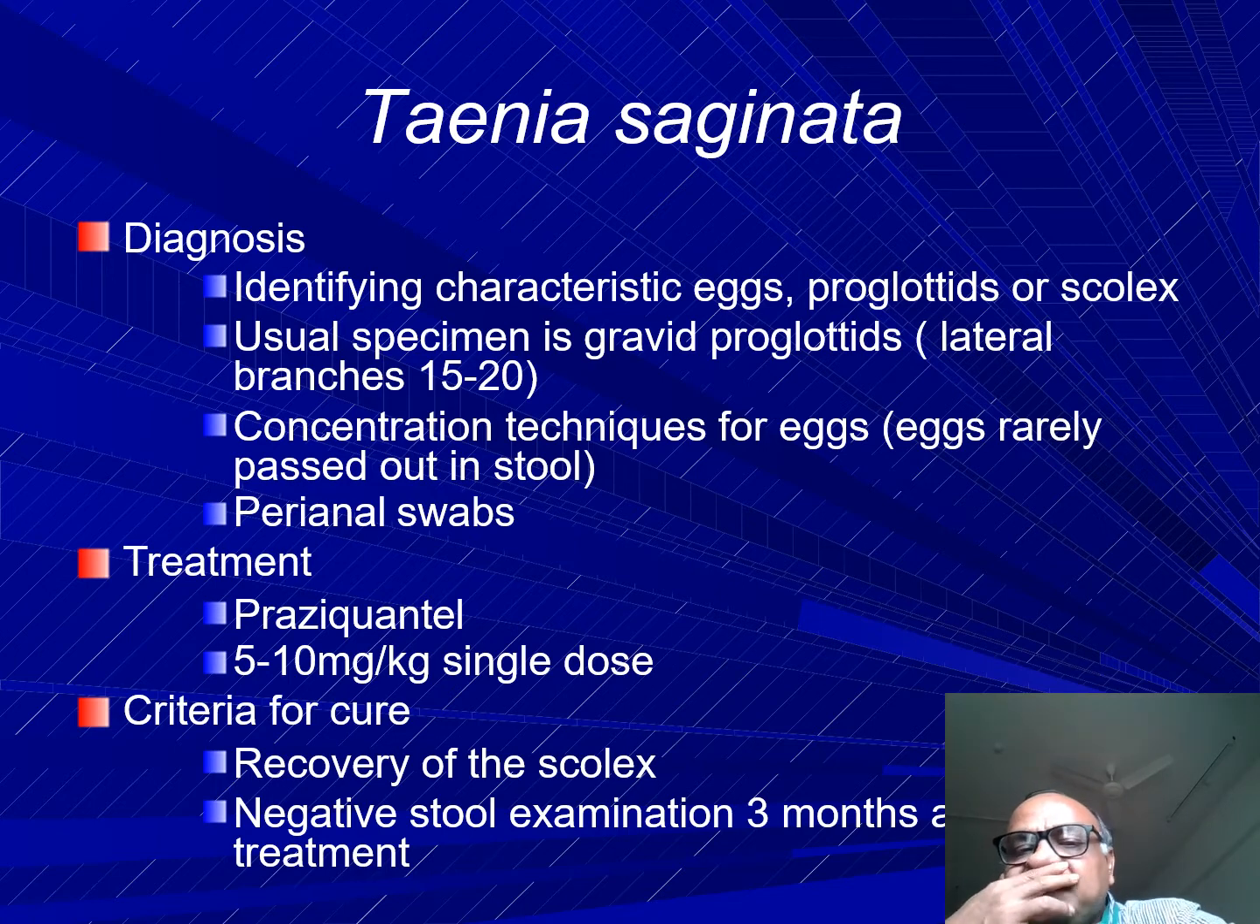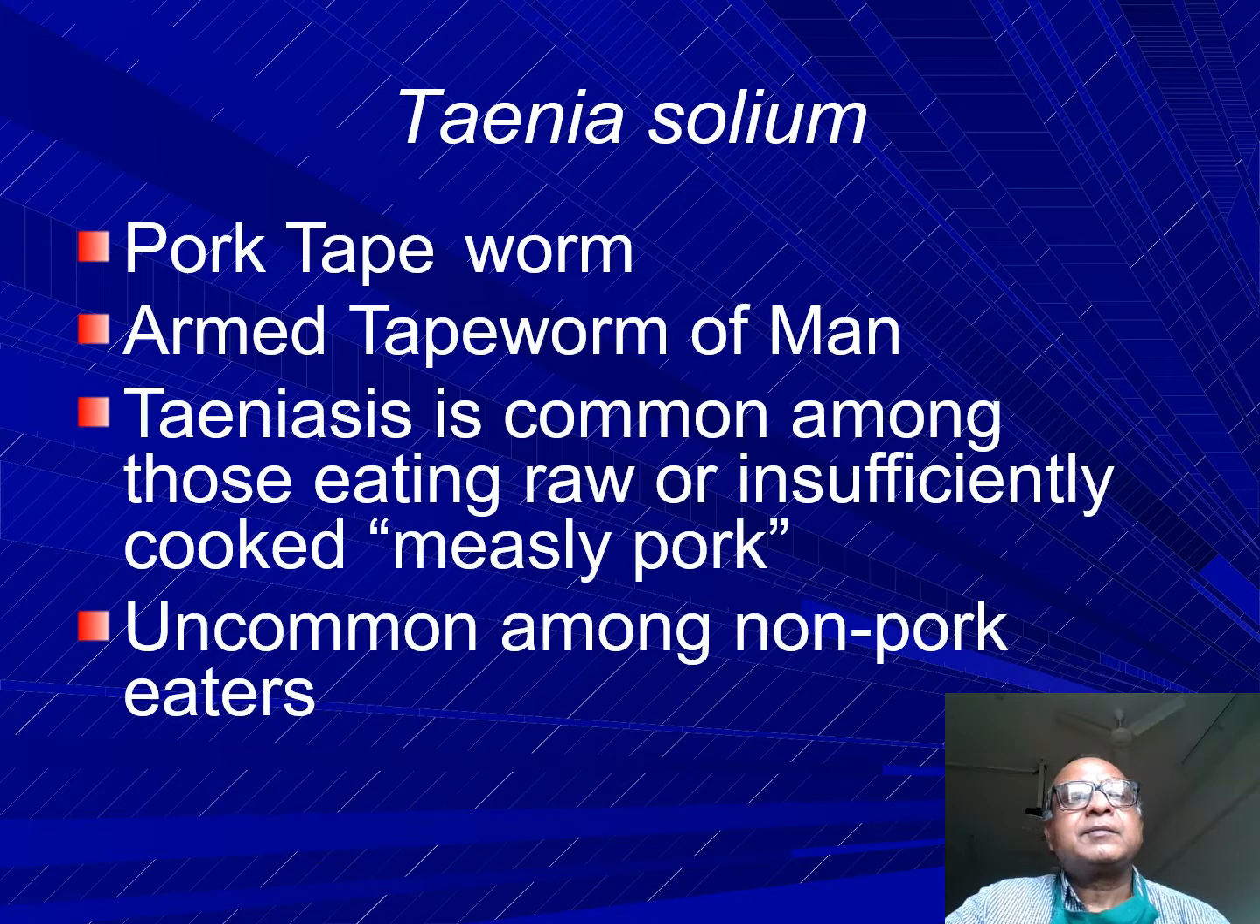Treatment is by praziquantel 5 to 10 milligram per kg body weight as a single dose. Criteria for the cure is that there should be recovery of the scolex, which is relatively difficult to do, and negative stool examination on consecutive examinations up to 3 months. Then the next